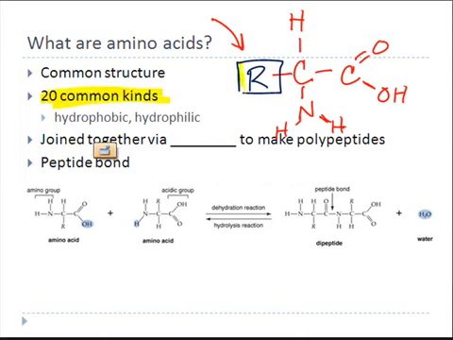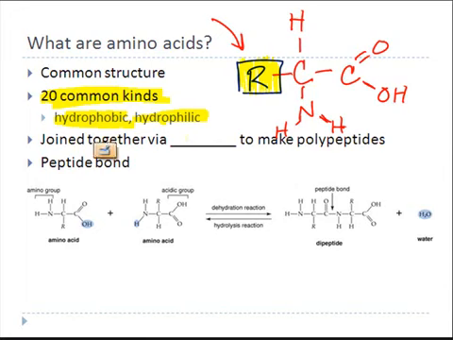And depending on that R group, the amino acid can be hydrophobic if it really doesn't have any oxygen bonded to hydrogen present, or it can be very hydrophilic if it does have phosphates in it or lots of oxygens bonded to hydrogen. We join together amino acids to make long chains called polypeptides using that same process we've talked about before called